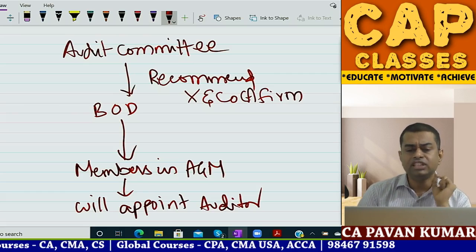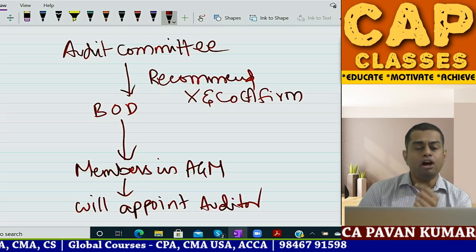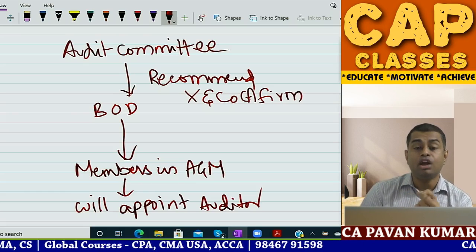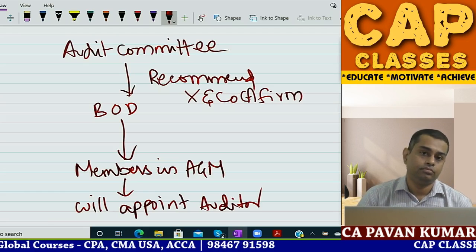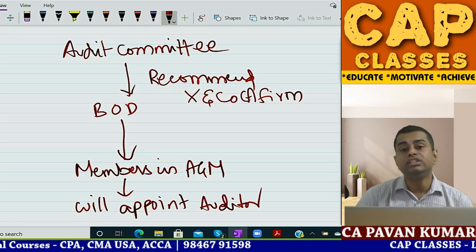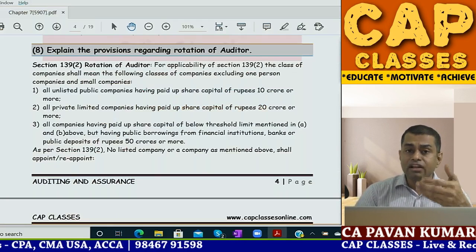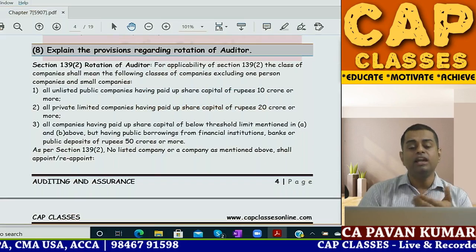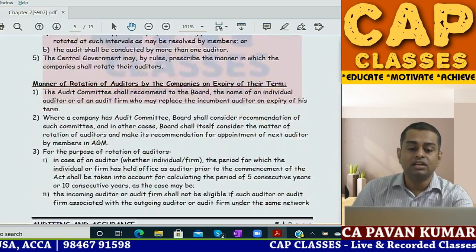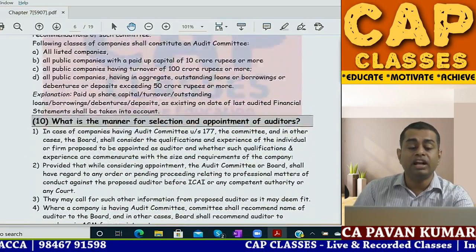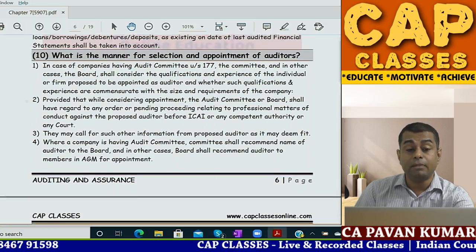Now, Pavan sir, when the audit committee is recommending X-End company or Y-End company or A-End company, on what basis do they choose the firm? There is certain criteria. Now before 8 we need to understand audit committee, which is in 9. Before audit committee we need to understand 10, which is the process. So now we'll come back to 7 and 8. Now look at this 8, 9. We'll come back later to 10.